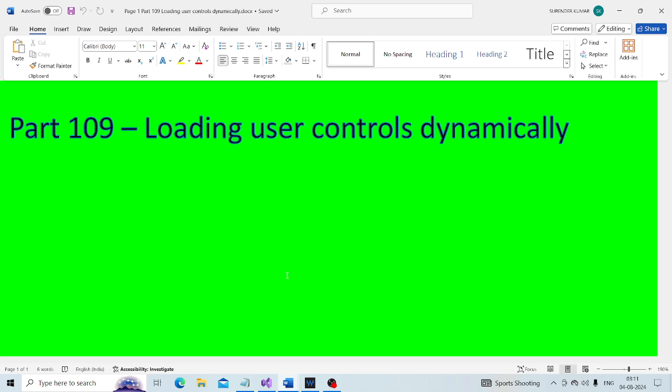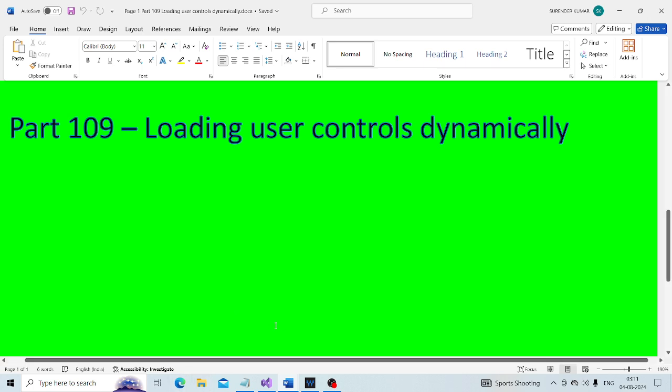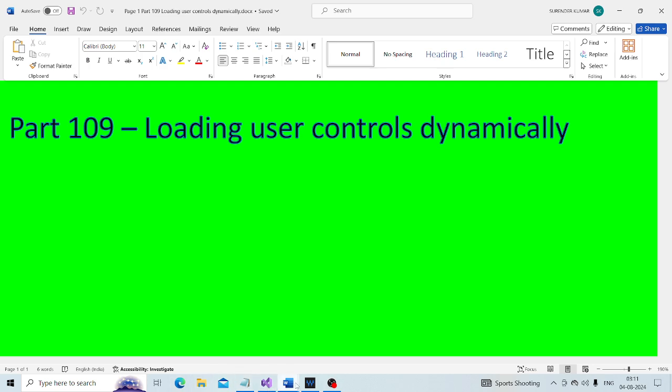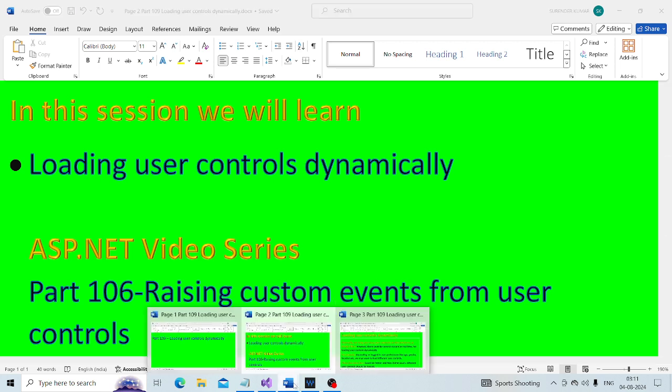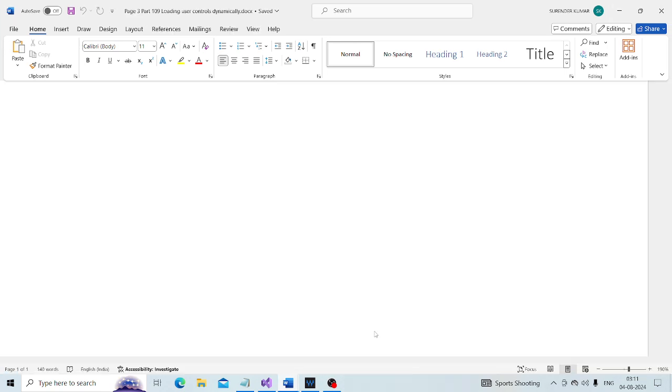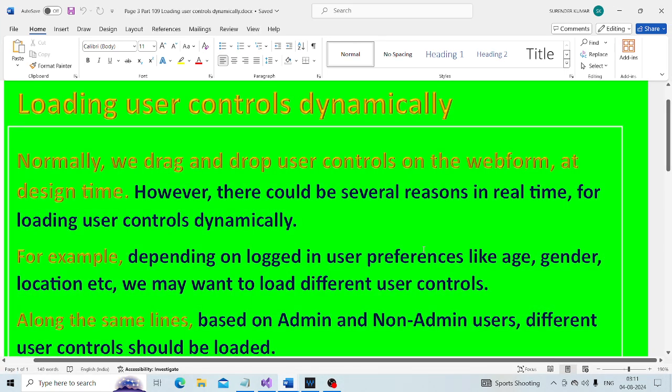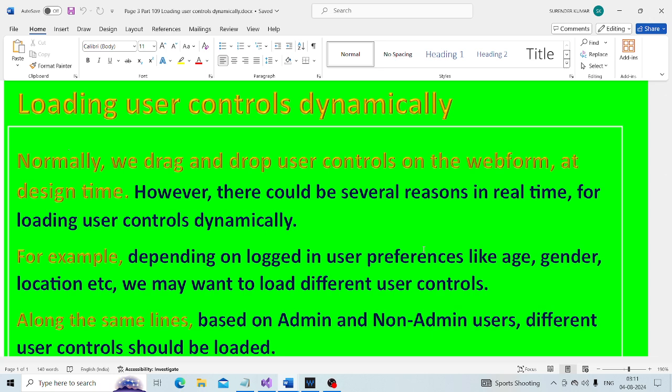In this video we will discuss loading user controls dynamically. Generally, we drag and drop user controls on the web form at design time.